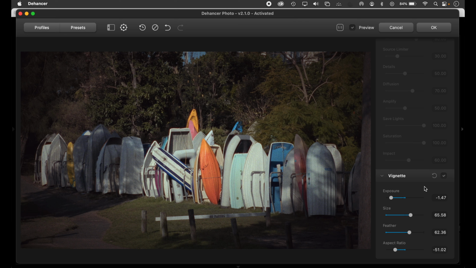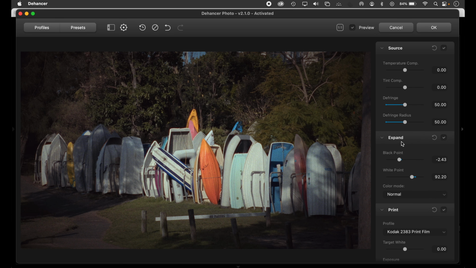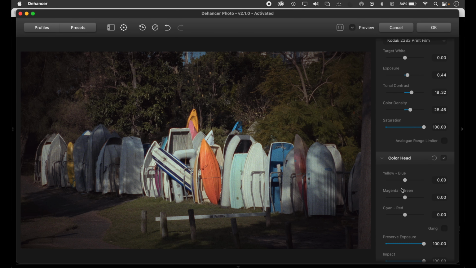And that brings us sort of to the end of the tour. As you can see, there's a lot to do here. I will now press OK, and what I'll do actually is just make this a significant change here so that we can see that there was a difference. Let's just move that towards cyan, and I'll just press